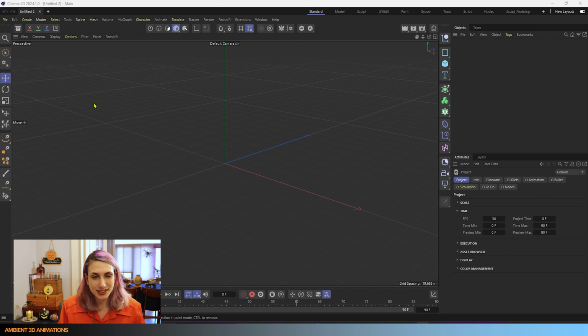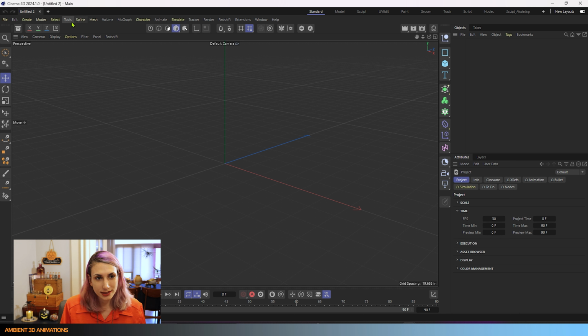So here we are inside of Cinema 4D. I'm going to go through all of the settings available for the Spline Pen tool. But first let's go over where you can find it. So you can see that I can find the Spline Pen right over here while I'm in model mode. The options do change as you click on these. You can find it to the left while you're in point mode over here. You can find it to the left when you're in model mode here, because you can use this tool in model mode and point mode. So something to keep in mind.